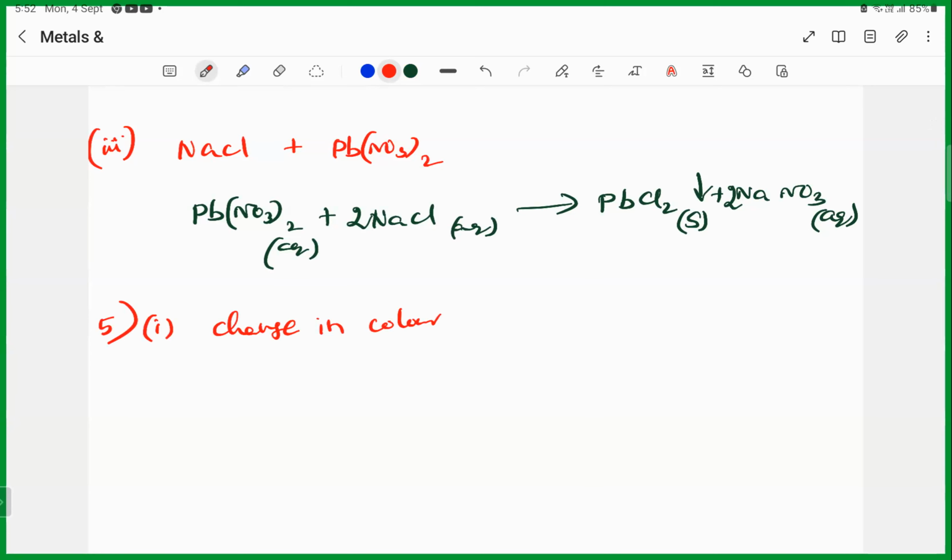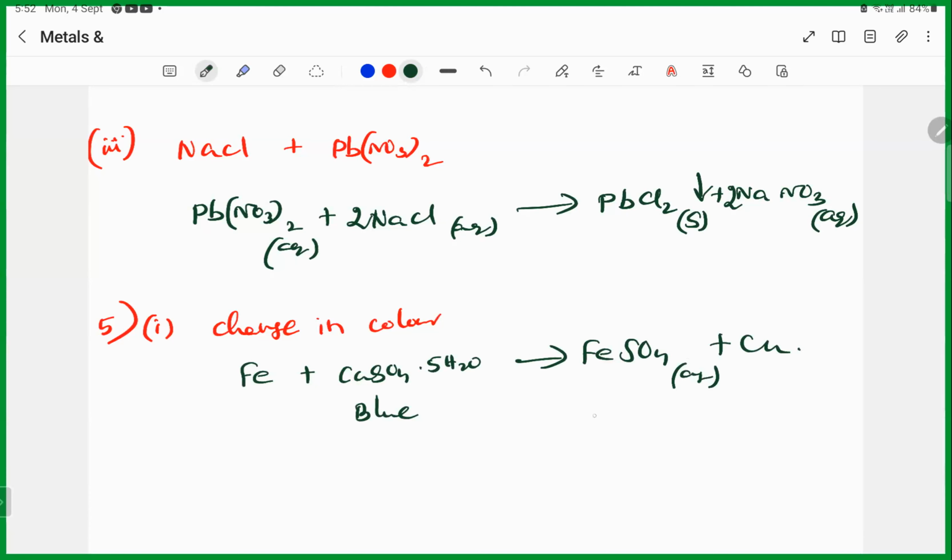We can take iron and copper sulfate. Very good. Iron plus copper sulfate pentahydrate, it will be blue color. So what will happen? It becomes ferrous sulfate plus copper. So it becomes pale